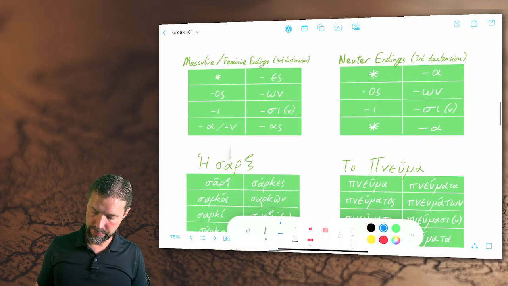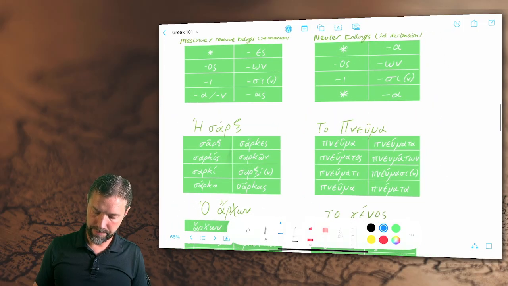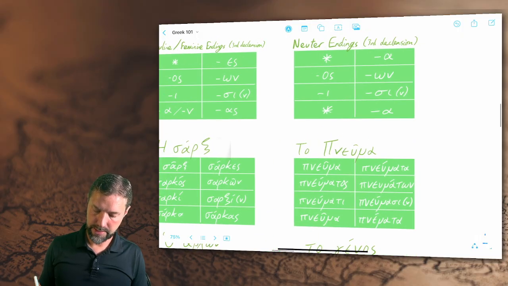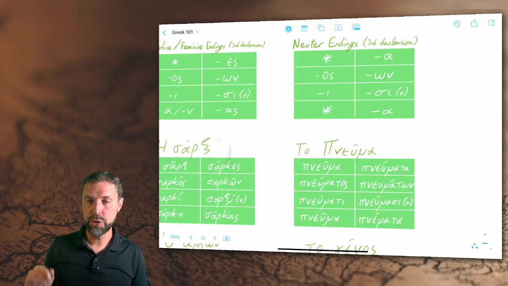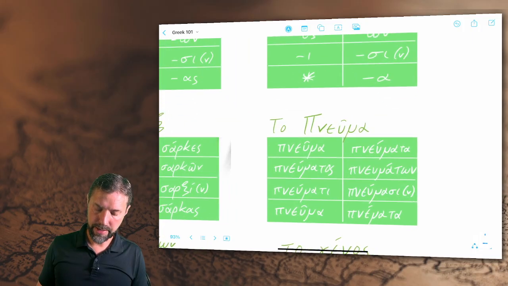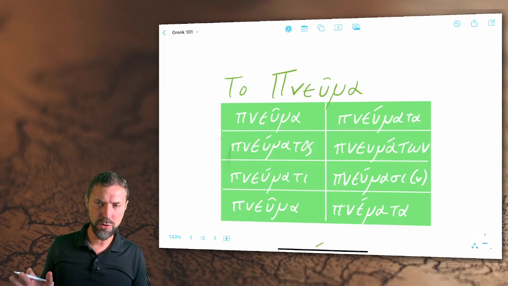And if you look down how that looks in the expression within individual nouns, let's just see how this is applied. When you learn the word pneuma, which means spirit, as in Holy Spirit, it will be given to you in vocab as pneuma, pneumatos. Okay, you need to learn both parts. But this pattern is not unusual with the neuters. A lot of them do this kind of